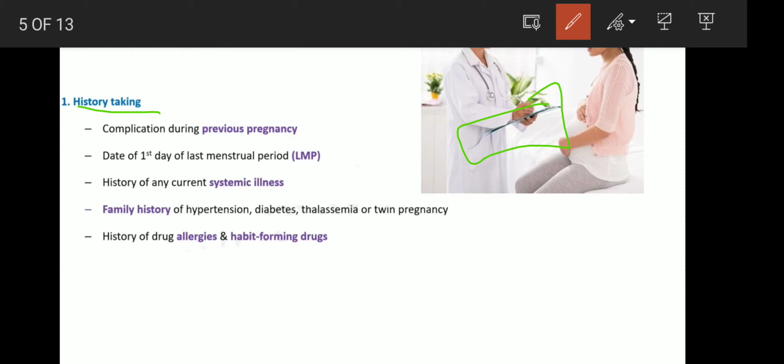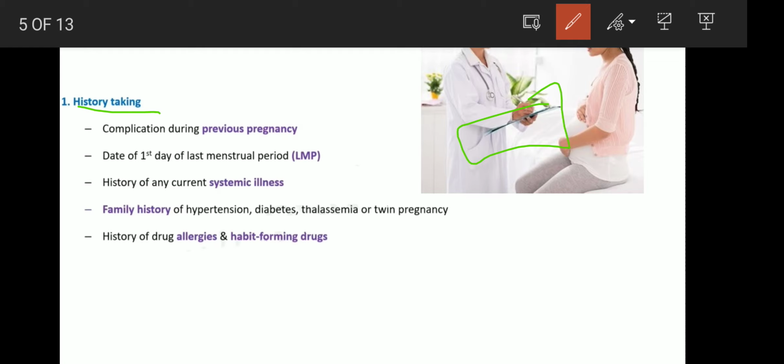First, we have to confirm the pregnancy. In the first visit itself, we have to do the pregnancy test and confirm the pregnancy. Next, we have to identify whether there were complications during her previous pregnancy, so that if there was any complication, we can get an idea that it may have a bearing on the present one. It might have affected even the present pregnancy.